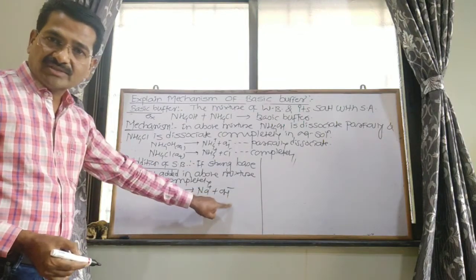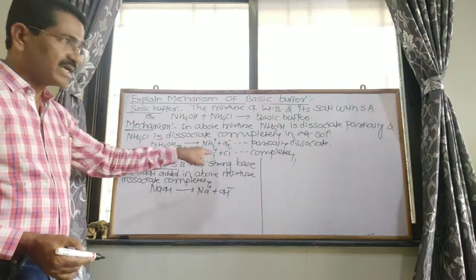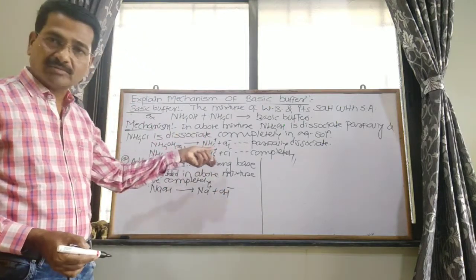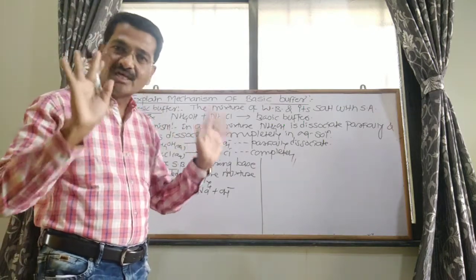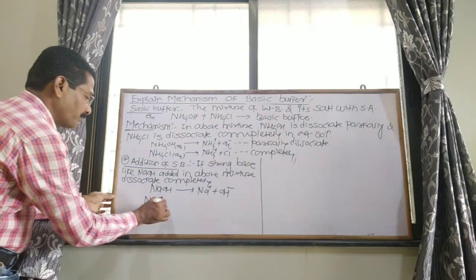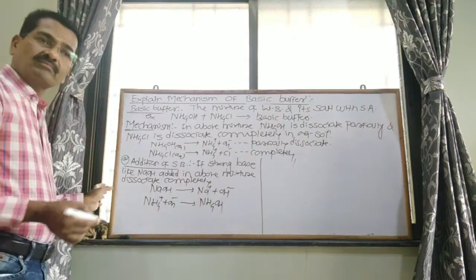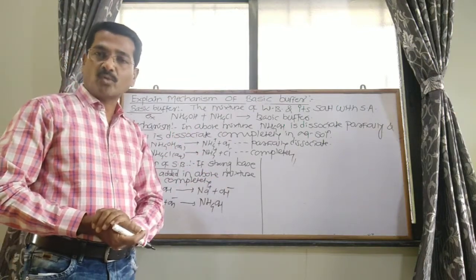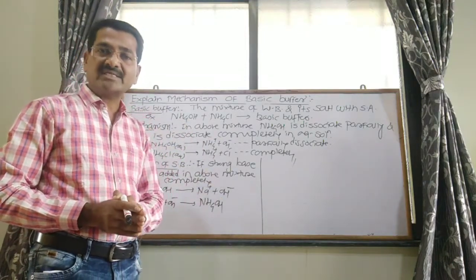These OH minus ions combine with NH4 plus ions of the mixture to form the NH4OH. We get the ammonium hydroxide and pH remains constant. So NH4 plus and OH minus give NH4OH. By addition of OH minus in above mixture, we get the NH4OH. This indicates that its pH cannot be changed. pH of that solution remains constant.